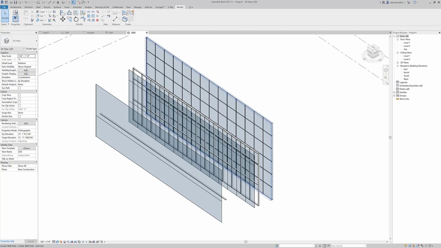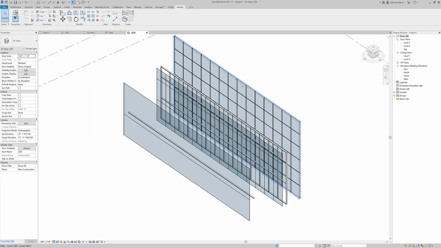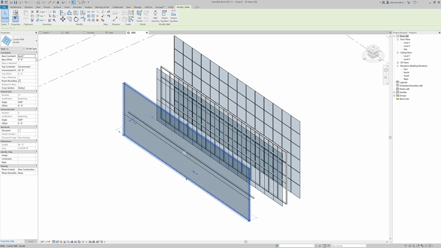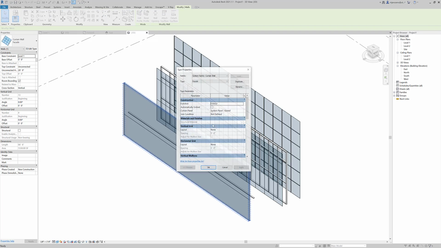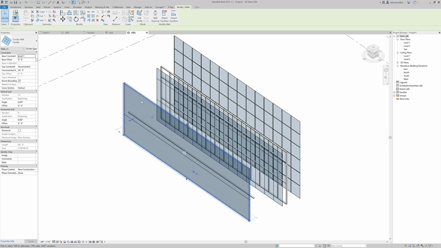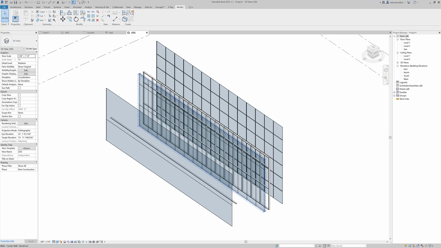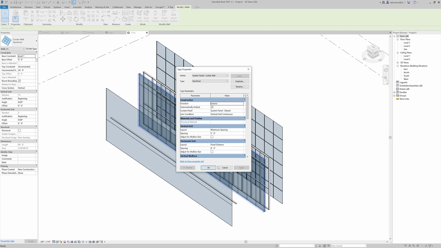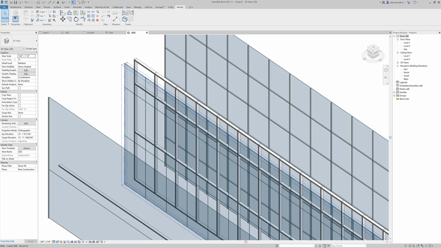The last thing you have to keep in mind is that there are certain levels of control that you can have with this. You can draw all of this on your own by deleting the sort of grids, making a new curtain wall type, giving it no layout, and then populating the grids on your own. Now that's going to take more time, so if you have more time to deal with it, then that might be a good way to go. Or if you have a very regular building, you don't really need to do that. You can just make it based on the particular types, and you can always modify